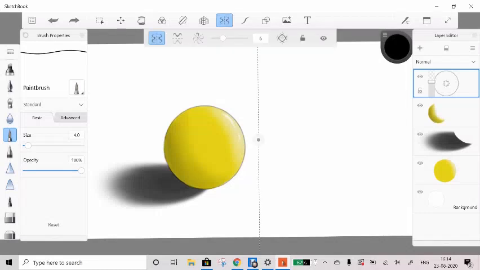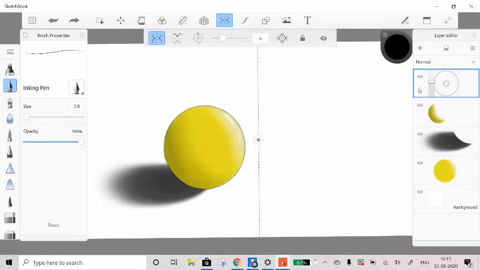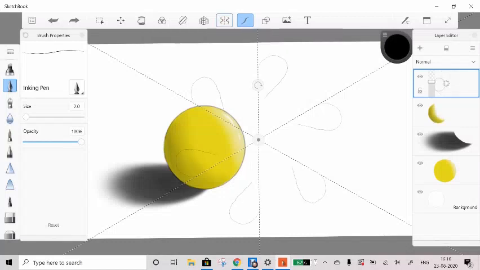So next is symmetry. If you click on it, there are three different options: vertical, horizontal, and one is the cross one. This tool is useful if you want to draw symmetrical designs on both the sides of your page. So suppose I'm selecting the vertical option and if I want to draw a heart. If you draw on one side, it will be drawn on the other side, and same goes with horizontal as well. And if you select the radial symmetry, it will be drawn on 6 different parts of your page. Suppose we are drawing in one part, it is drawn on all the other 6 parts.